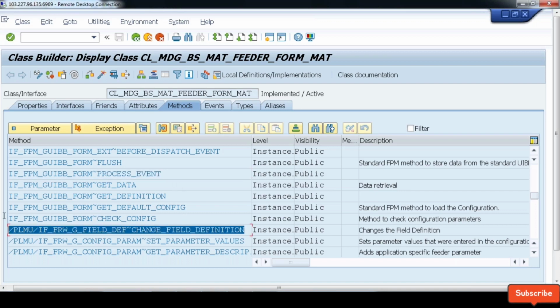Then change field definition. Change field definition means that, whatever the standard characteristics a field has, if I want to change those field characteristics, I can come and write it here. So majorly these four methods: process event, get data, get definition, and change field definition. These four methods are mainly required. I'm not saying that the rest of the methods are not required at all. They will be, but